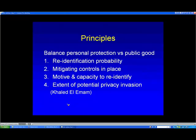It's really balancing four issues. So first of all, in a particular data set, what is the actual probability of re-identification? If you've stripped various things, there's always a finite risk that a particular patient could be identified. That's been shown, but there are various risks depending on what's been done to the data set. And given that it's impossible to ever get the risk down to zero, what other mitigating controls can be put